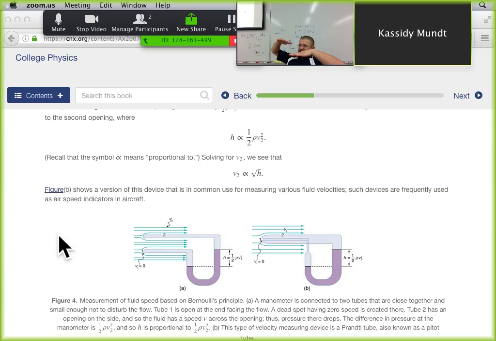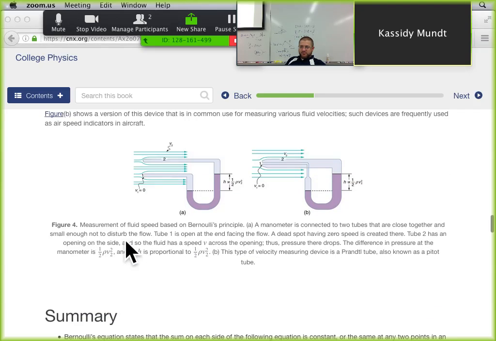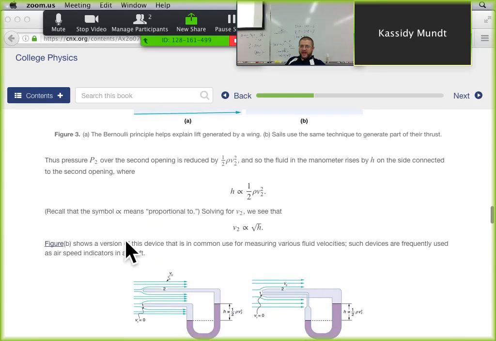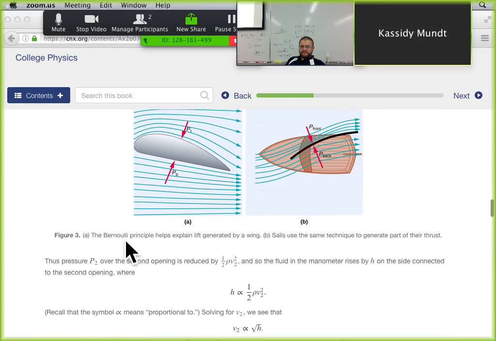So that you have the pressure perpendicular, the pressure on the bottom of the wing, which would be the pressure that you're comparing to, and then the one pointing straight forward. And so if you know what the pressure of the air is outside, and you can measure the pressure of the air that's coming in this way, then you can actually measure your speed. You can measure the speed of the airplane on it. And that's how the speed indicators on airplanes are used. The difference in pressure, and Bernoulli's law.